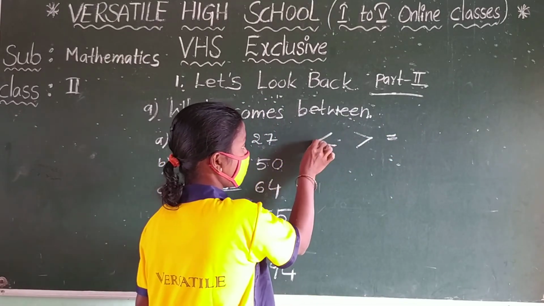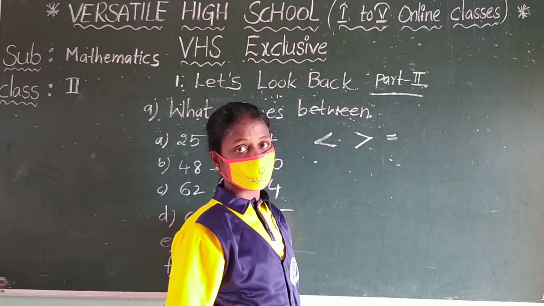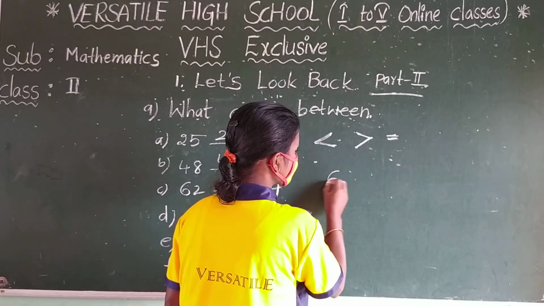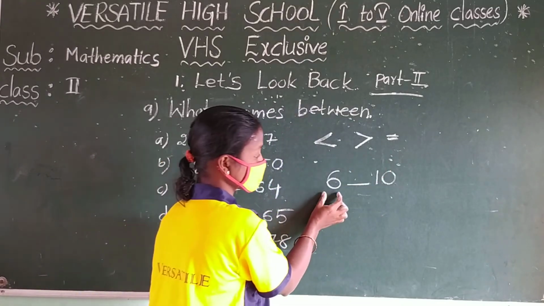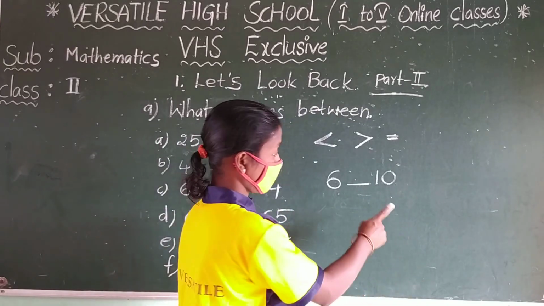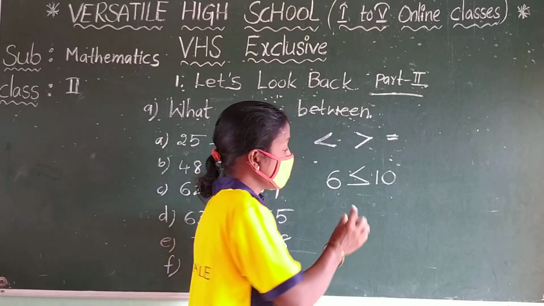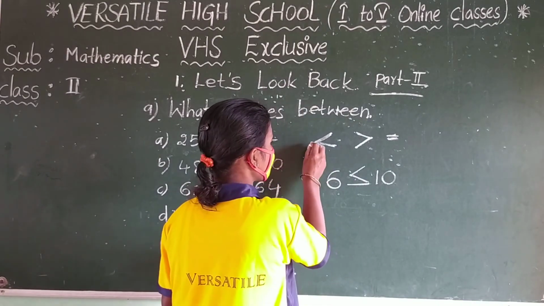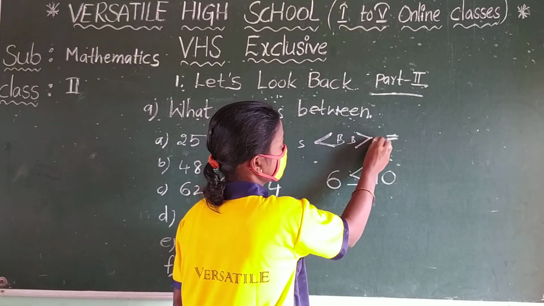Now we are going to the less than, greater than, equal. This is called a less than, and another one, this symbol is called a greater than, and this symbol is called an equal. Once observe this, children, 6, 10. Put the symbol in between them. So here 6 is a smaller number, 10 is a bigger number. Which is the bigger number here? 10. So we keep the symbol like this: open place for the bigger number, closing corner for the small number. Just remember that only.